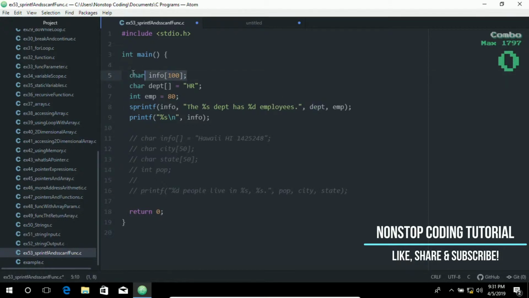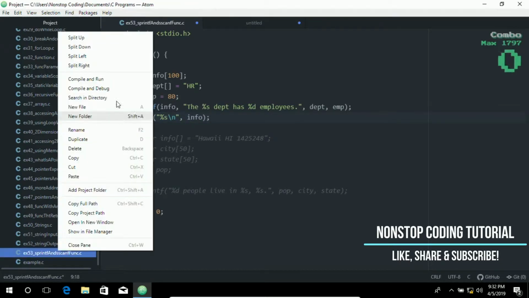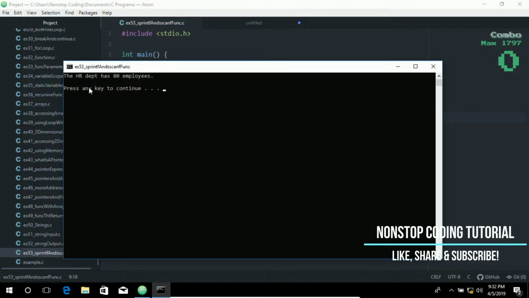I have created the character string, which has a size of 100, the department string, which has an initial value of HR, and an employee count which has a value of 80, and I have added it in here. On this line I have printed it out using the printf function. Let's go ahead and compile and run this, and as you can see, the HR department has 80 employees,